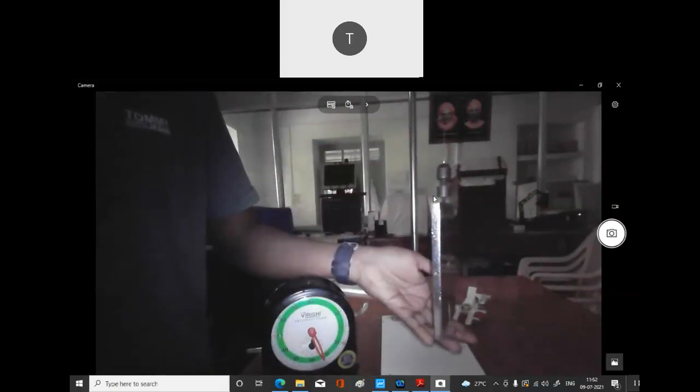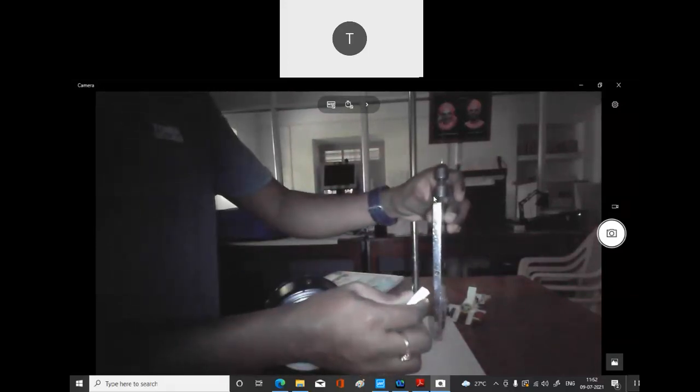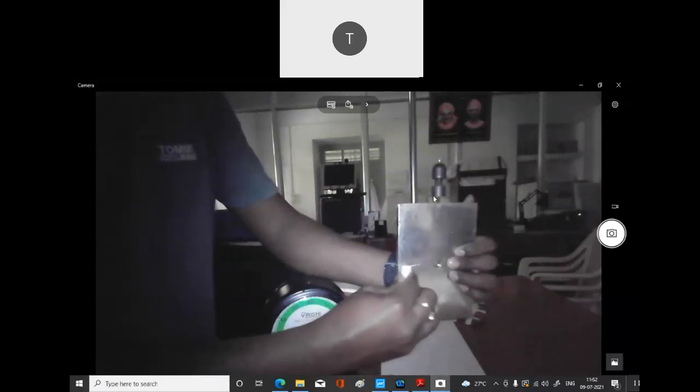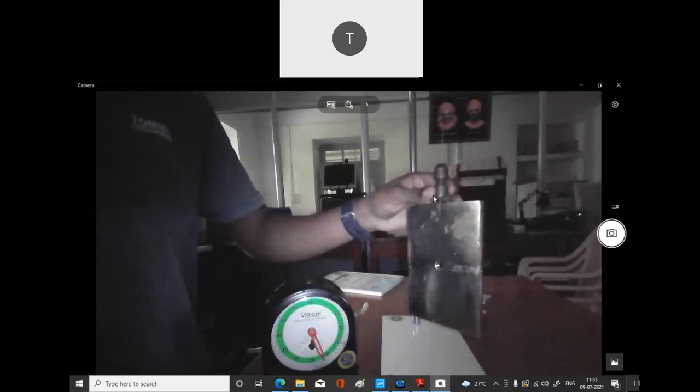So you can see this is your equilibrium position. Right now let me consider this as the equilibrium position. Now you can see this nut here. This was for perpendicular to the length. Right now this is perpendicular to the breadth, because the breadth is smaller. Now you just make a marking here, so this acts as your reference point. Now you twist it again.